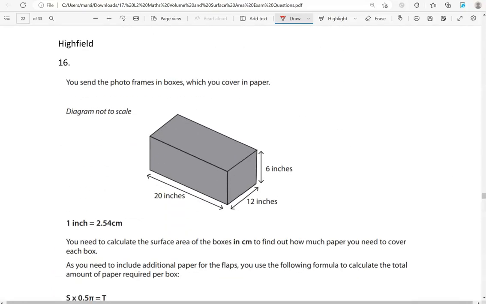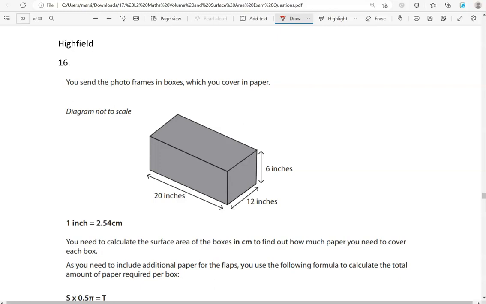You send the photo frames in boxes, which you cover in paper. We've got a diagram which is not to scale, which means it doesn't have the actual measurements of the thing, and the dimensions are not in proportion. So we've got now 1 inch is equal to 2.54 centimeters. You need to calculate the surface area of the boxes in centimeters to find out how much paper you need